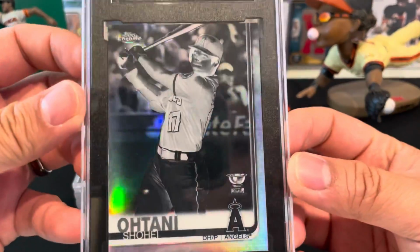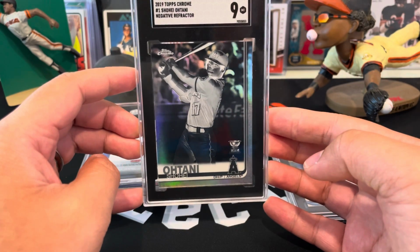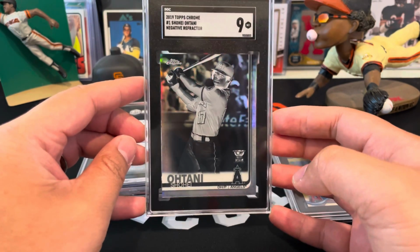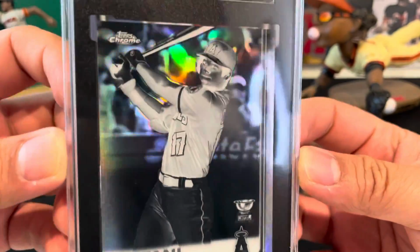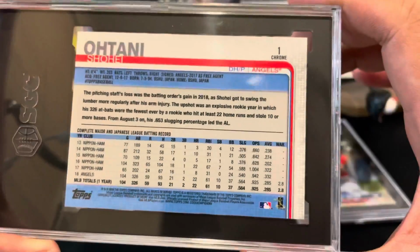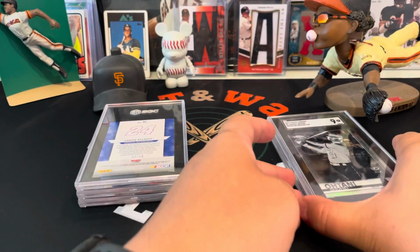So this one's a 9. I got the better grade with it. I just thought this negative refractor would look good with the tuxedo slab, and I think it looks pretty cool. Yeah, so the mint grade Topps Chrome. I thought the corners were pretty good, so I'm not too sure exactly what I got dinged with. But like I said, with the negative refractor, it just looks really cool in that black slab. So this is that Chase Elliott